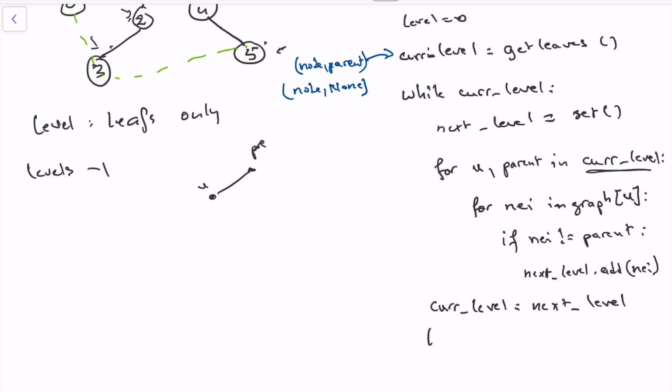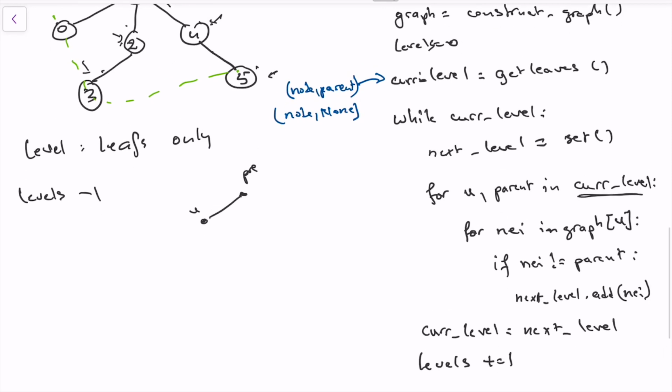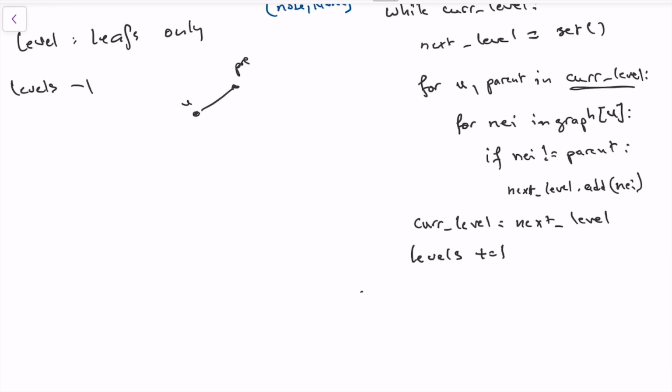And then we increase our levels count. Let's call it here levels equal to 0, since we know that we just finished one level and we are going to the next level. So we'll say we have a new level. And then once we are done and we processed the entire tree or graph, we can just return